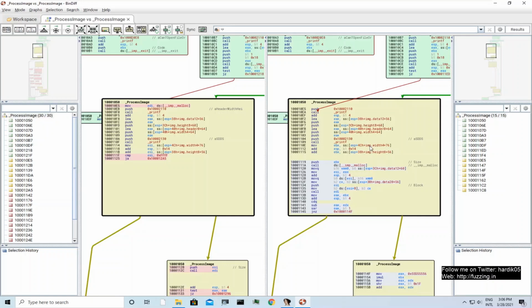So suppose image width contains FFFF, which is the maximum possible value for an integer, and image height contains only 1, then what will happen is that this EBX will become 0 because of integer overflow over here, and this EBX is used as a parameter to malloc. So the malloc will allocate 0. It means that malloc will not be able to allocate any memory over here, and then the program is copying data without any checks.